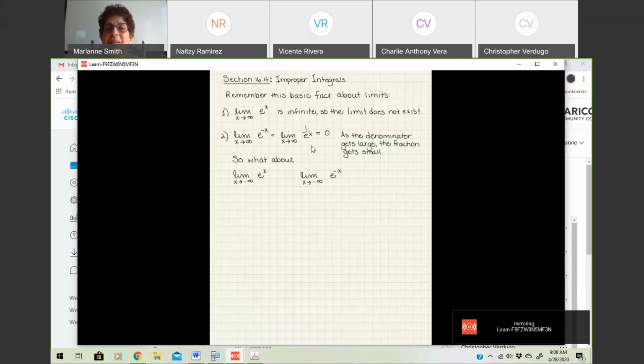What you need to be careful of is what happens with signs. Now take a look at what I've got down here. I have the limit as x approaches negative infinity of e to the x. So what about that? That's like saying,